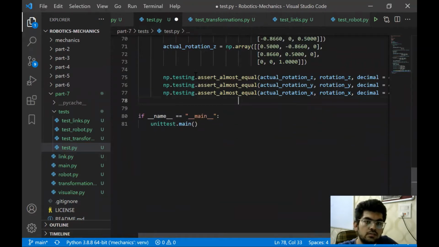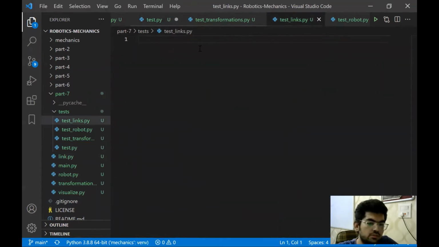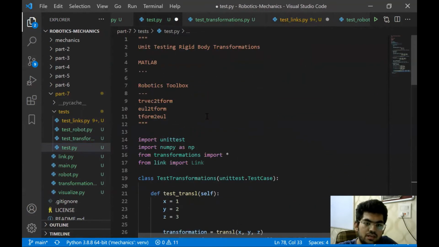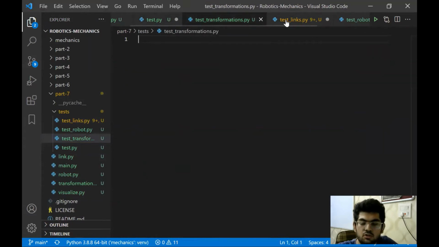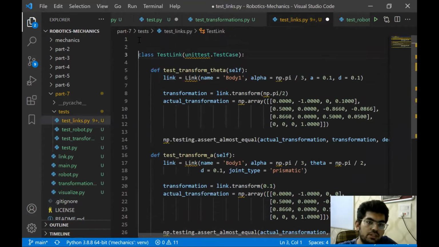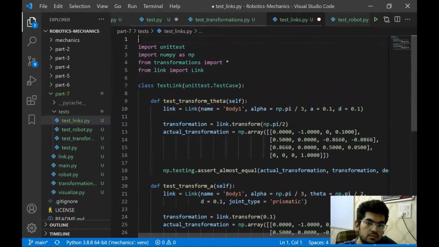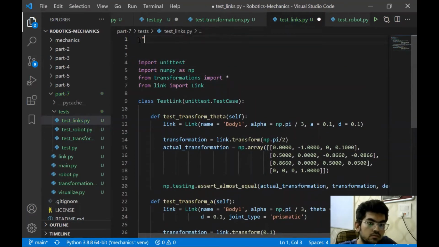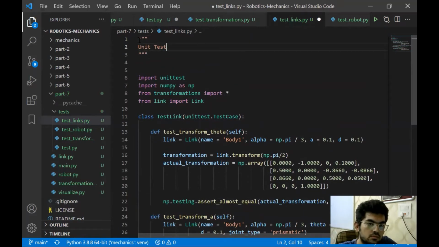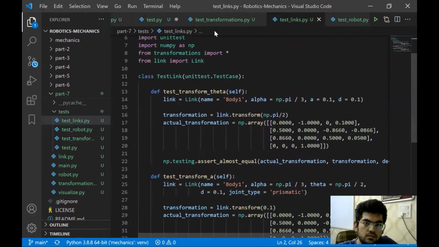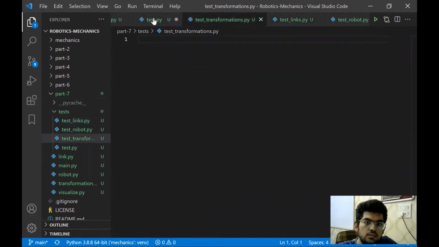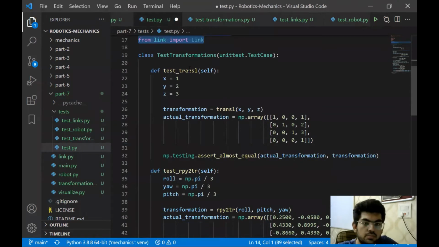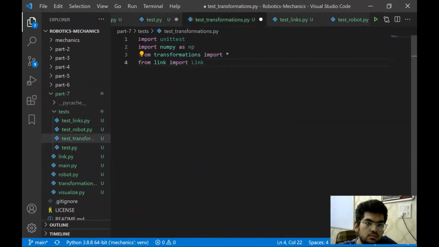Can cut this. We can put it over here. And it's asking us to have some imports. We'll have common imports and we will add some documentation related to it. Okay, this is done.